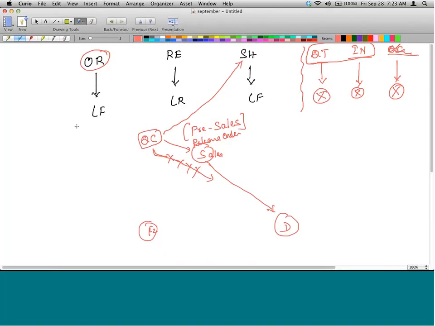So now you understand from what sales document types you can create a delivery. And you also understand how to check whether a particular sales document type can be delivered or not. We understood two things. What are the two things? First thing, typically, what are the sales document types that can be delivered?